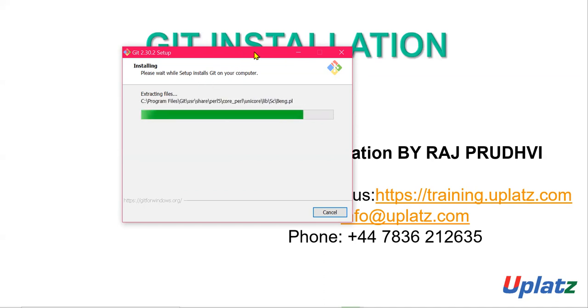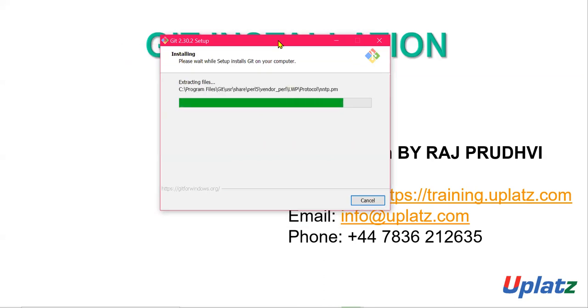First we will open command prompt and check whether Git is successfully installed or not. To check that, open command prompt and use git --version. It should show us the version of Git installed on our machine. Okay, installation success.